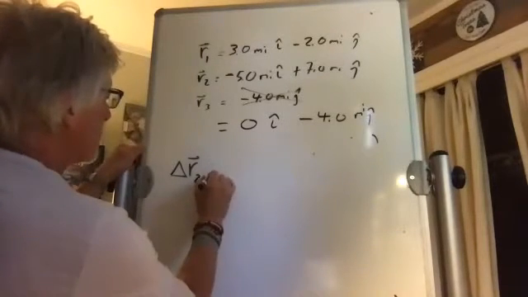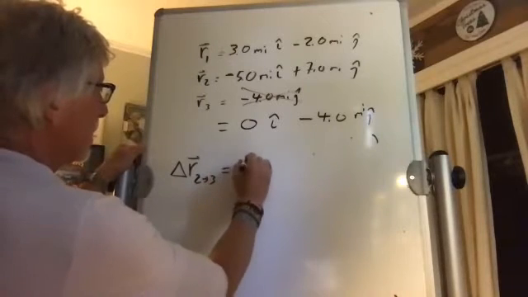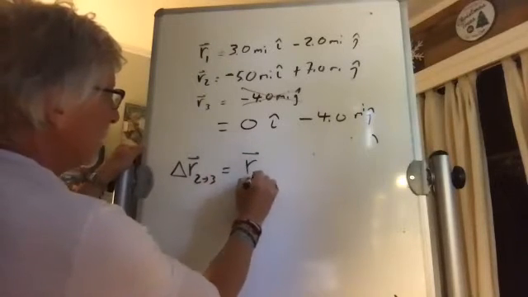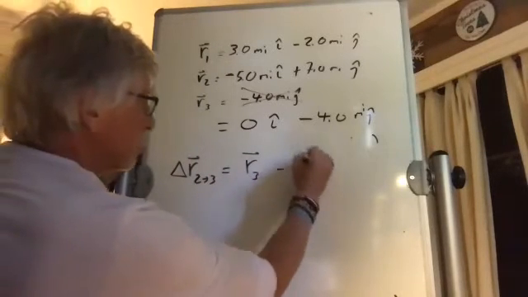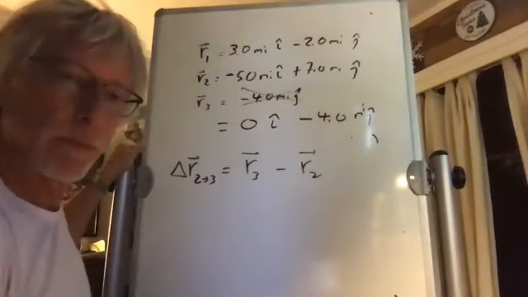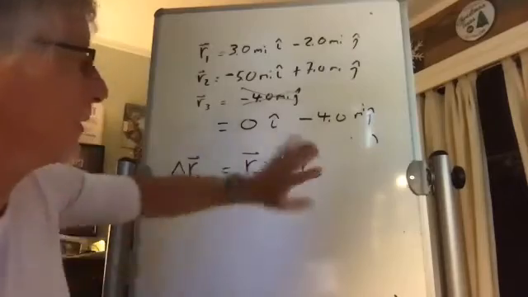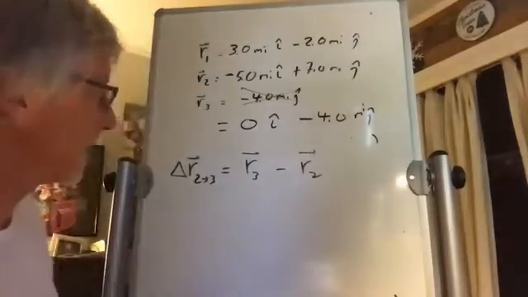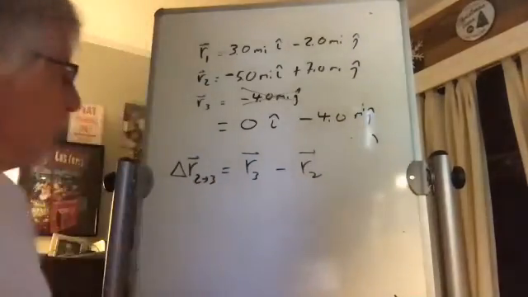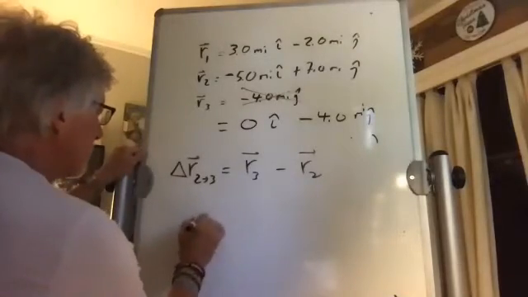So the change in position from 2 to 3 is the later, 3, minus the earlier, 2. Okay, well, how do I do it? Well, you can do it with arrows, and I'm going to show you that here in a second. But components are beautiful. You see, that's equal to